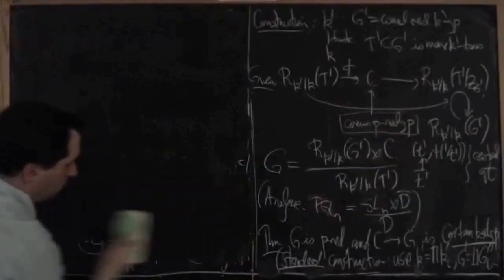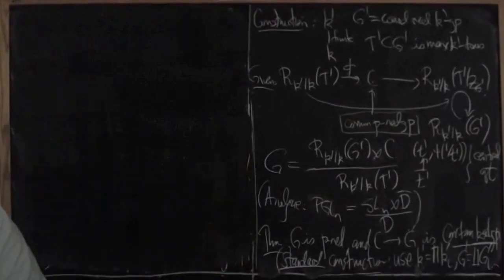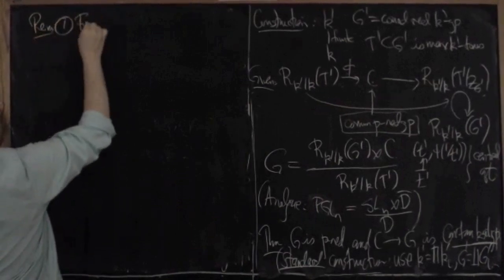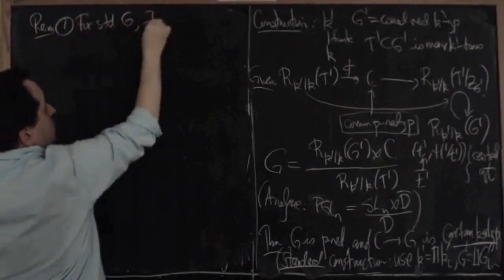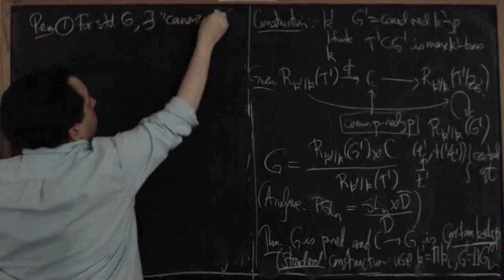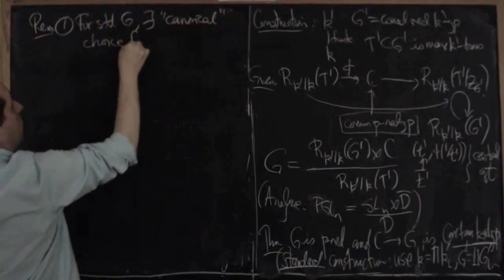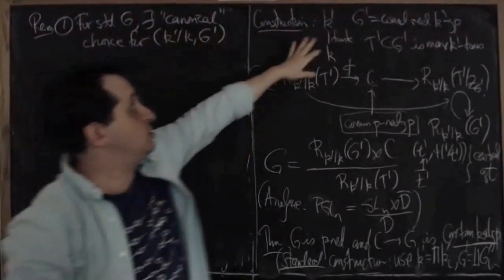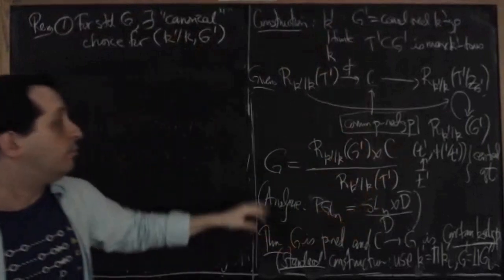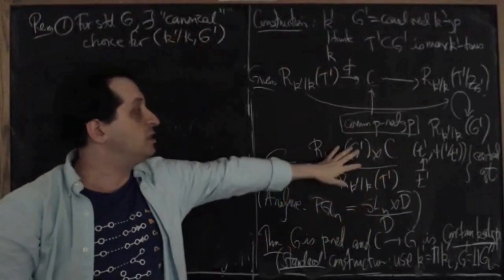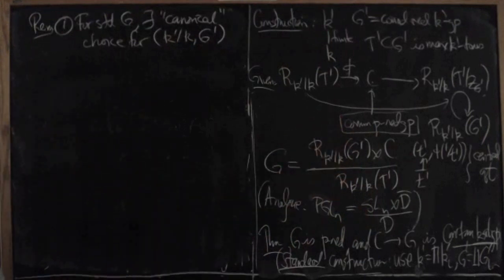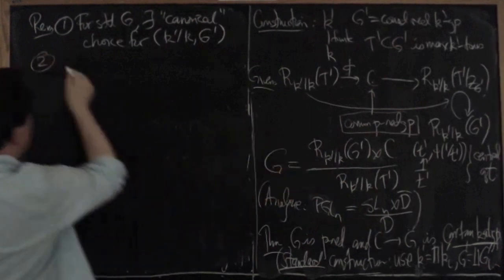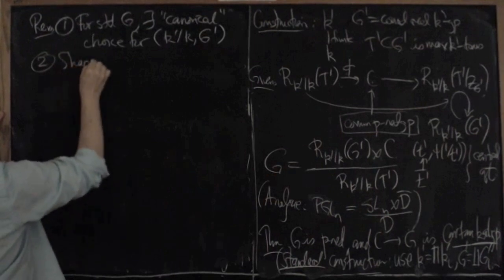Okay, so perhaps I should make one comment about this before I tell you what can be done with it. First of all, for such a standard G, there's a kind of canonical choice for the K prime and the G prime. So you can make different choices of K prime, G prime that give you the same output. But given the output, there's a particular minimalist choice, which is actually quite nice for doing Galois descent purposes. And the other thing I should emphasize is it's the form of the standard construction, the shape of the standard construction,